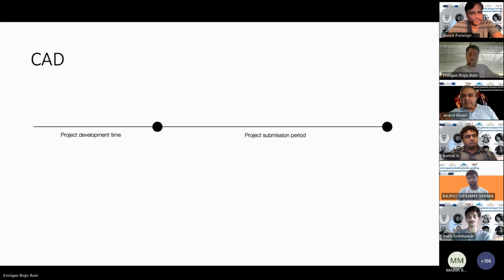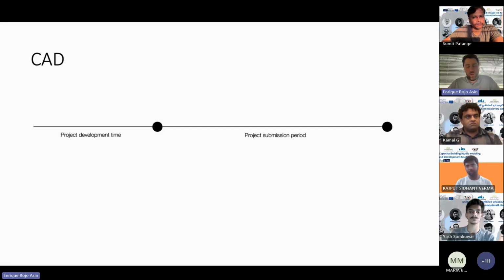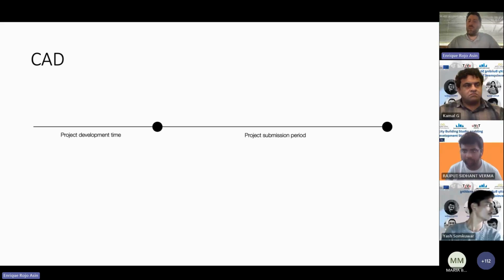Okay. So, as I said, at the moment we are using CAD software, which is obviously already developed, and all architects are using it because it's much better than hand drawing, no? But still, we spend about a third of our time developing the project, and then for the submission period, we use a lot of time to get ready for all these plans or images.